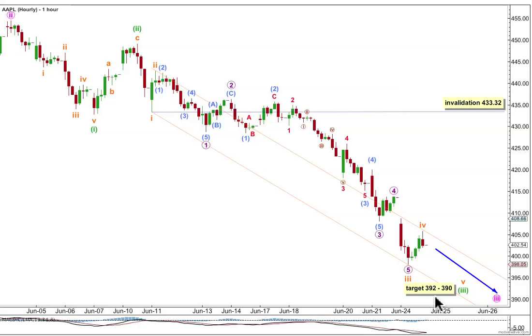end of this week. If this little fourth wave correction isn't over and moves higher, I wouldn't expect it to move much higher or take much longer, but if it does, the invalidation point has to remain up here for now. It can't move into sub-minute wave 1 price territory above 433.32. It's most likely it's over here and we're going to see more downwards movement for the next day or